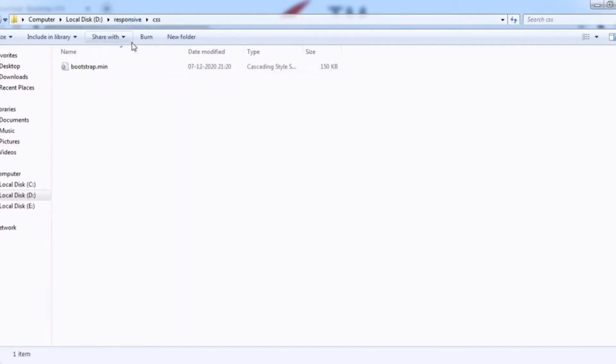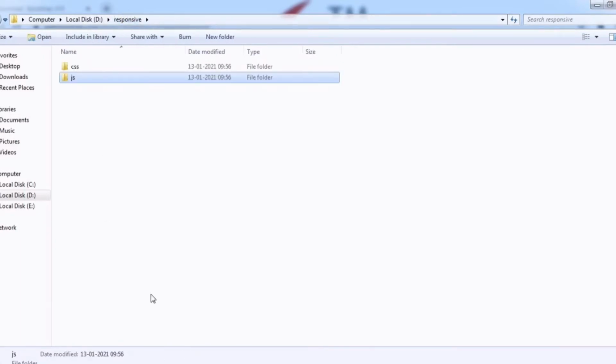So we are left with the JS and CSS folders, both containing bootstrap.min.